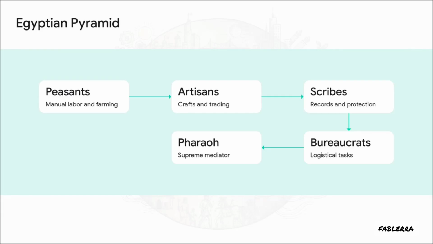But of course, settling down into these dense cities led to some incredibly rigid hierarchies. The Egyptian social pyramid is basically the perfect example of a society organized entirely to serve one single ruler. Way down at the bottom, you had peasants and slaves doing all the grueling manual labor. Just above them, the artisans, then scribes and soldiers, and then the bureaucrats near the top. And sitting way up above them all, the pharaoh, viewed literally as an immortal mediator between the gods and men.